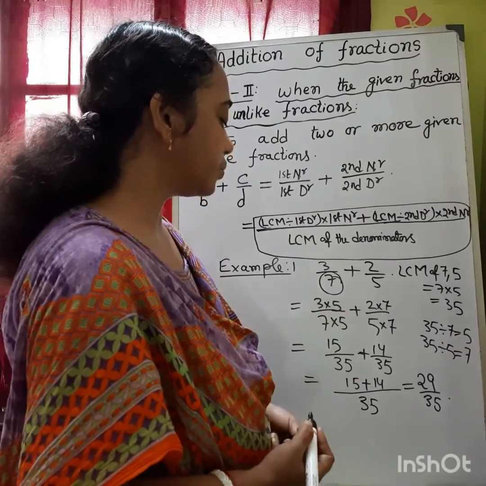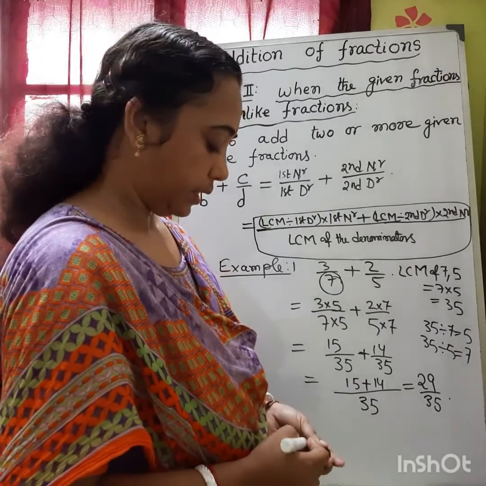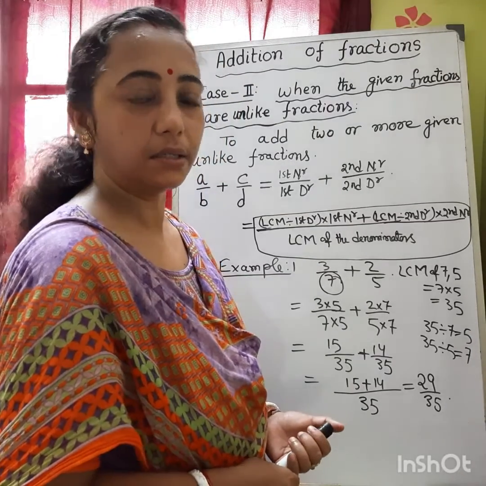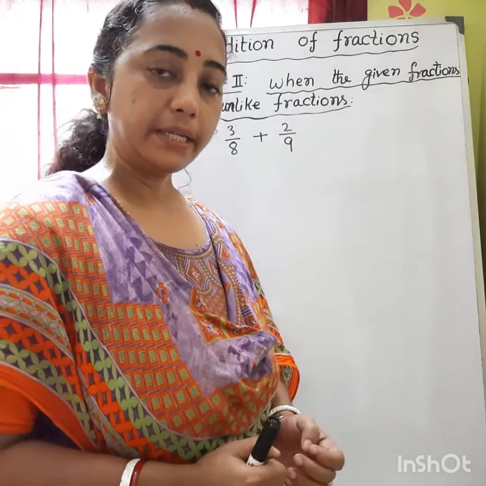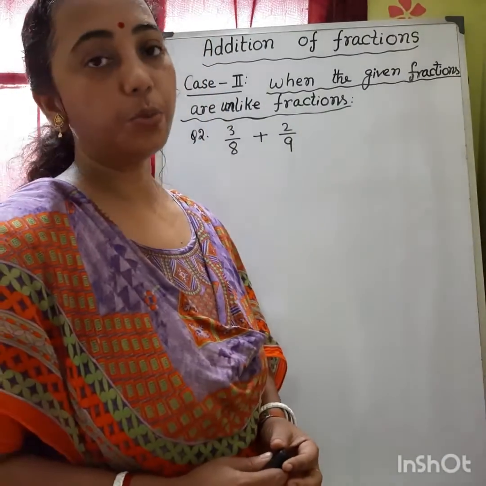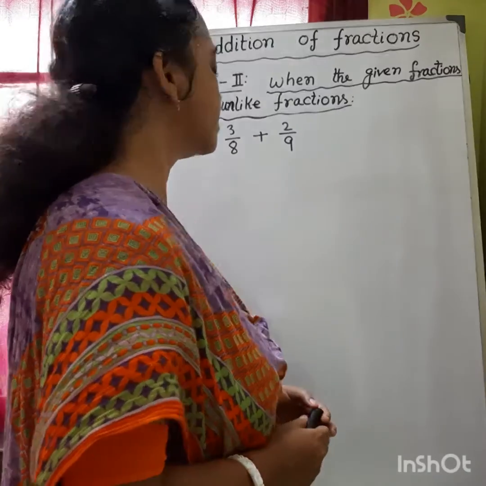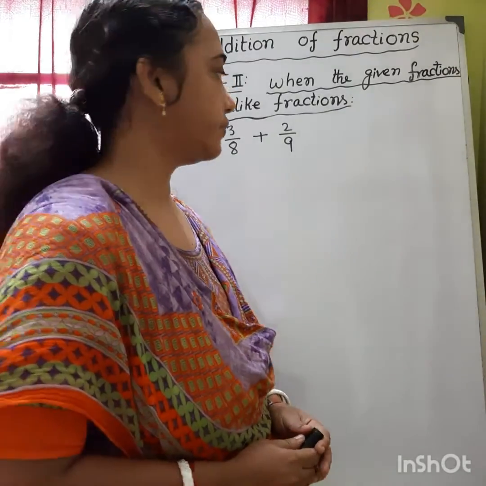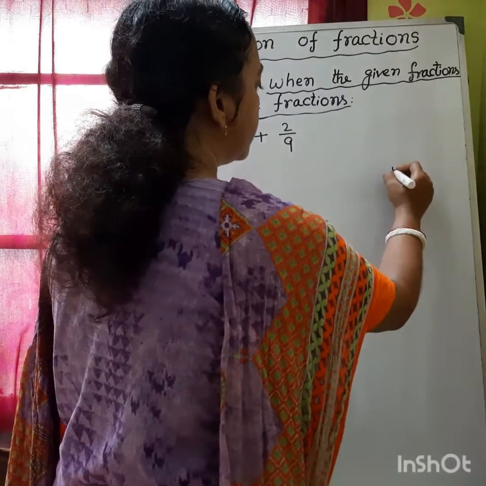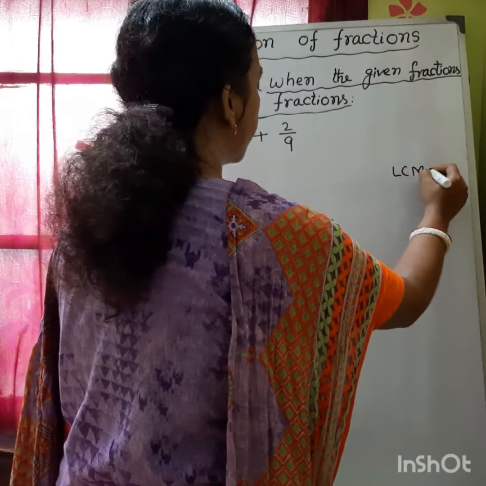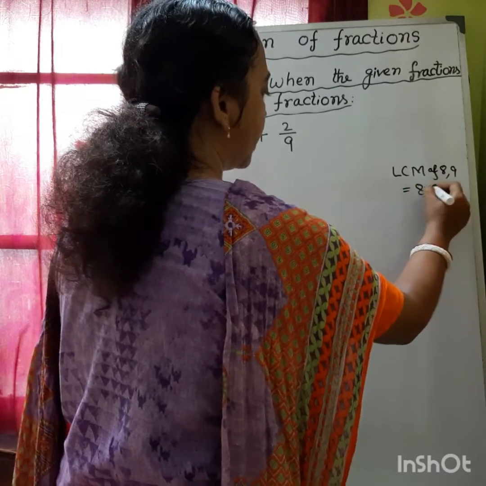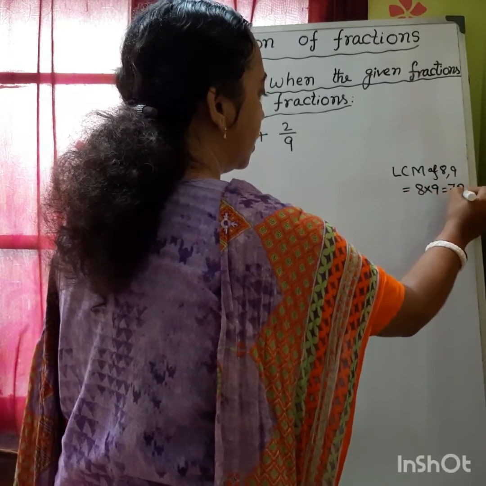So here we use the rule of converting each of the given fractions to an equivalent fraction with LCM as the denominator. Now let us do another example, that is to find the sum of 3 by 8 and 2 by 9. Here both the denominators are different, so these two are unlike fractions. So to find the sum, first we have to find the LCM of the denominators. So LCM of 8 and 9 is equal to 8 multiplied by 9, is equal to 72,